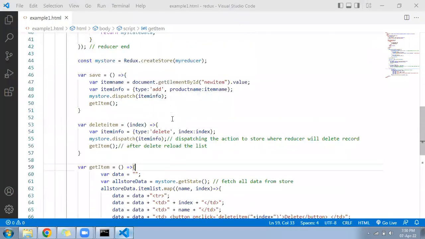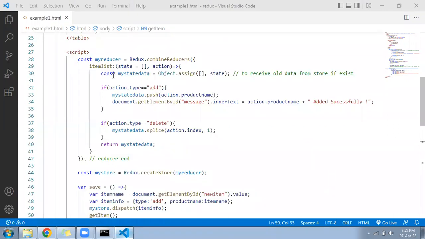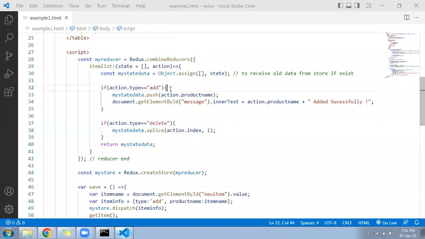So in this example, what we understood, let me go from the beginning. We have created a reducer. While creating the reducer, we instructed it to do only two tasks. How many types of tasks? Two types: add and delete. But when to add? For that, we added a condition. There is a variable called action. Under the action, if there is a type called add,